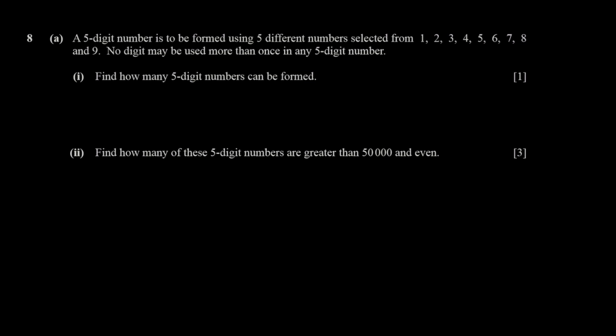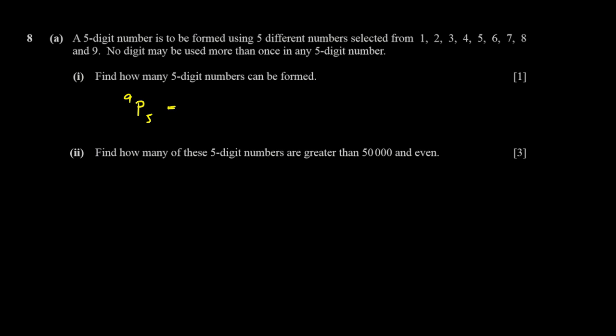Okay, question 8, which is a permutations and combinations style question. A 5-digit number is to be formed using 5 different numbers selected from 1, 2, 3, 4, 5, 6, 7, 8, 9. No digit may be used more than once. Find out how many 5-digit numbers can be formed. Okay, well, we are selecting 5 digits from 9 digits and the order matters. So that answer is going to be